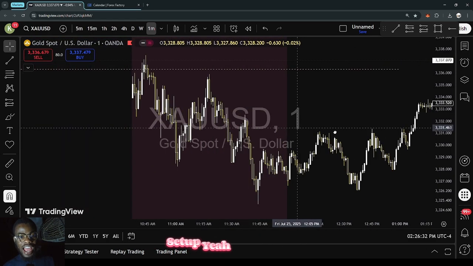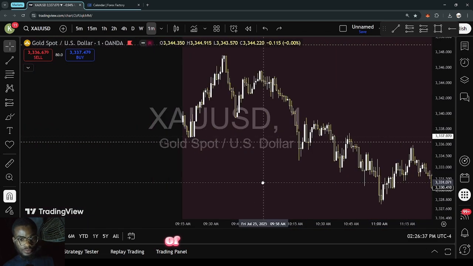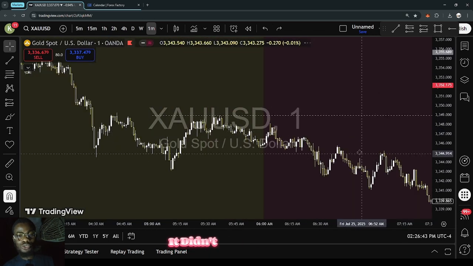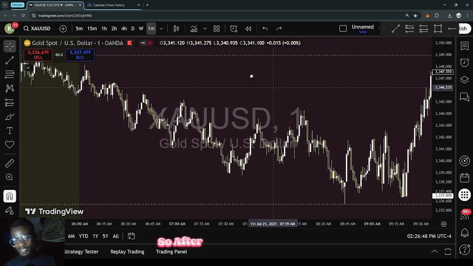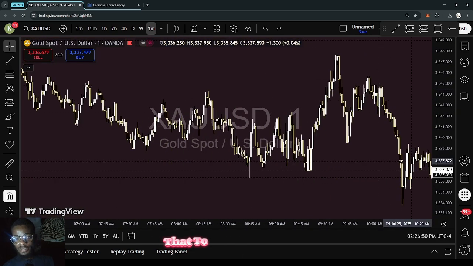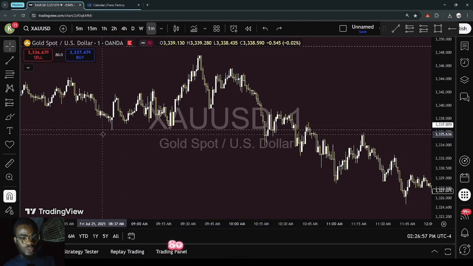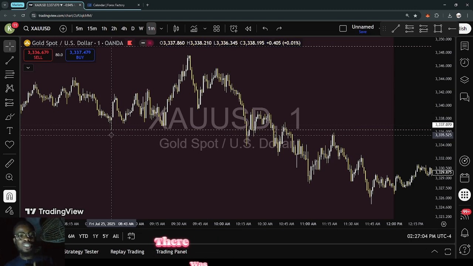So how can we find the setup? This is how we can find an entry here. Initially, instead of going up as it took it down, it didn't. It went back to take the low. So after doing that, to now find our entry, I hope you are following me. After this low has been taken out, we can see that there was an order block that took it out. It is the order block we'll mark out